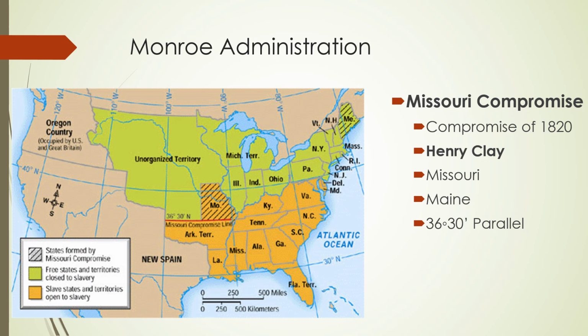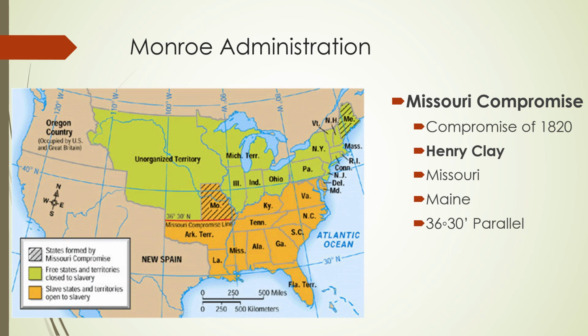Henry Clay, who we've already seen, he was a war hawk, so he's one of the guys who wanted the war with Britain. He's a Democratic Republican who wanted to go to war with Britain back in 1812. He's sort of the brains behind the American system, and now he's the author of the Missouri Compromise. And we're going to see his name again and again and again. In fact, one of his nicknames is the Great Compromiser, okay? Because of some of the compromises that he writes, and this is one of the important ones, all right?